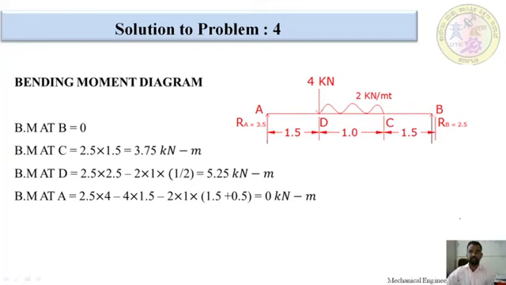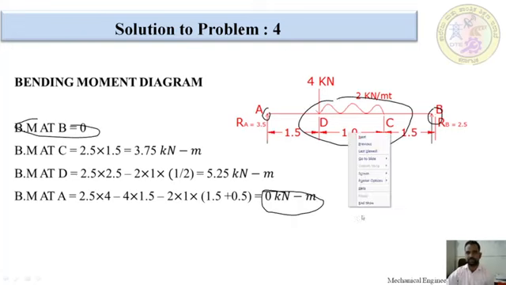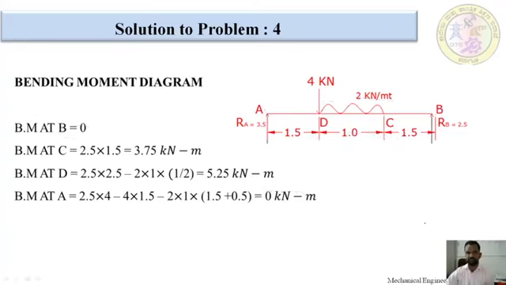Okay, bending moment calculation. It was already discussed in the previous session. At A and at B it is always 0. Even with calculation, we will get 0 only, and without calculation, we will get 0 only. This is the procedure for a simply supported beam. Whenever there is a support, the bending moment value is 0. For that reason, at B it is 0 and at A it is also 0. We only need to calculate between the two points.